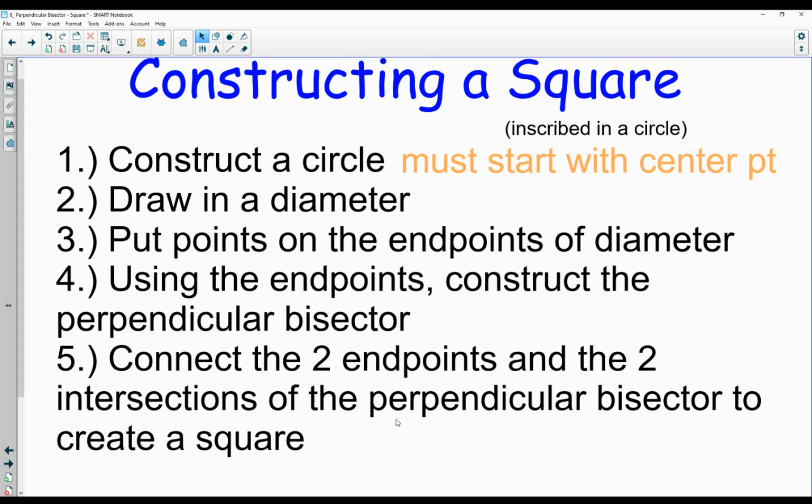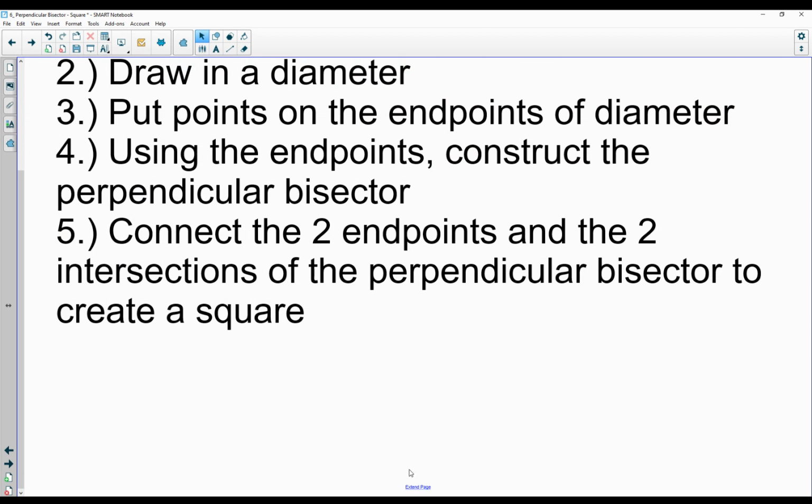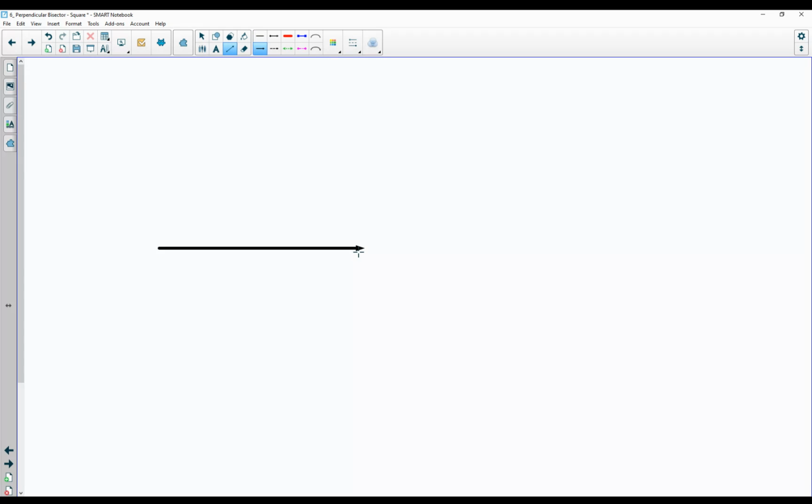Okay, so this lesson we talked about not only the term perpendicular bisector and what it means, but how to construct the perpendicular bisector of a segment and how to then use that construction to construct a square. One thing that I do want to go over before I kind of finish up is that if you have a line versus a segment,